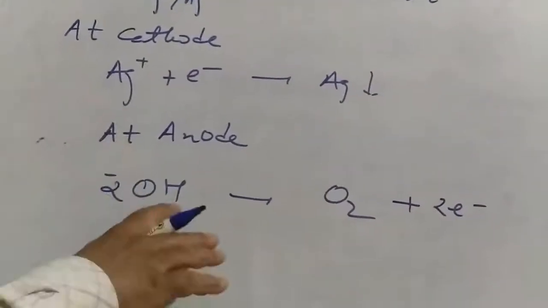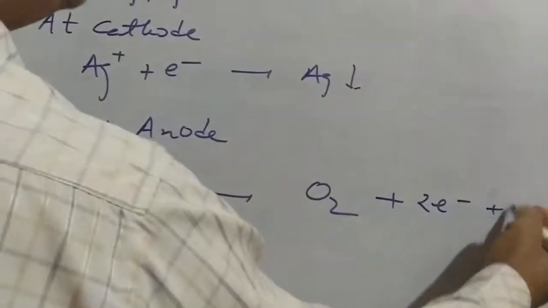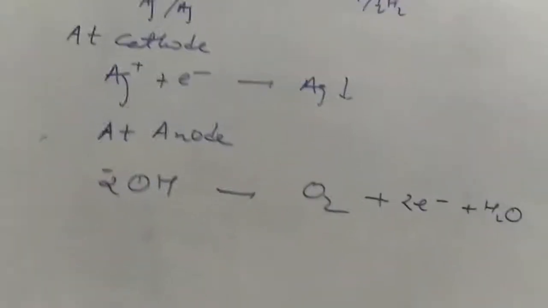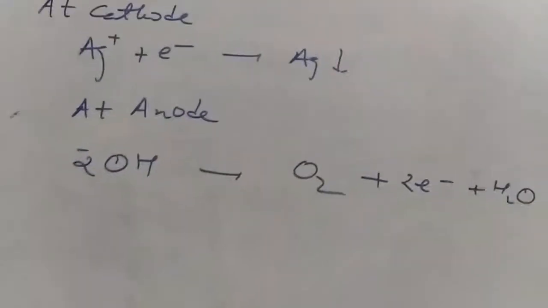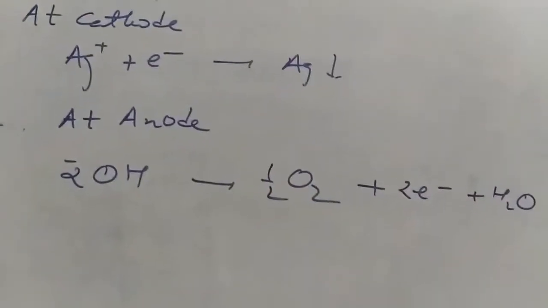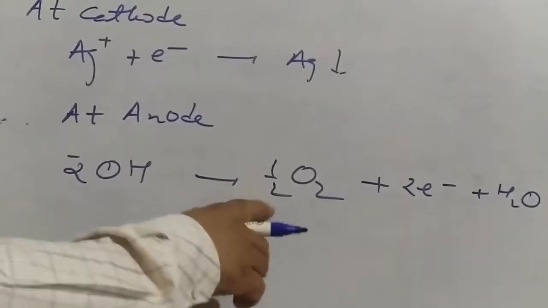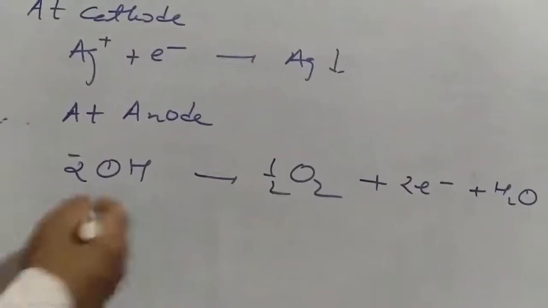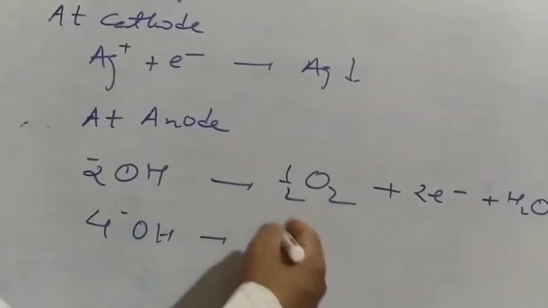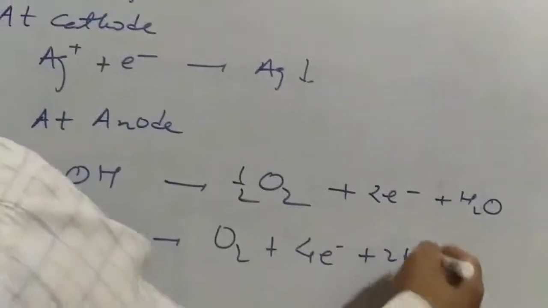Okay, so let us balance it again. First I made it, now to balance this hydrogen, if I write here H2O, you can see the oxygen is not balanced. So I can write here half O2, no problem. Fine. So now I think this is balanced. Now if you find this half is not looking good, you can multiply the equation by 2. So 4OH minus gives me O2 plus 4 electrons plus 2 H2O.